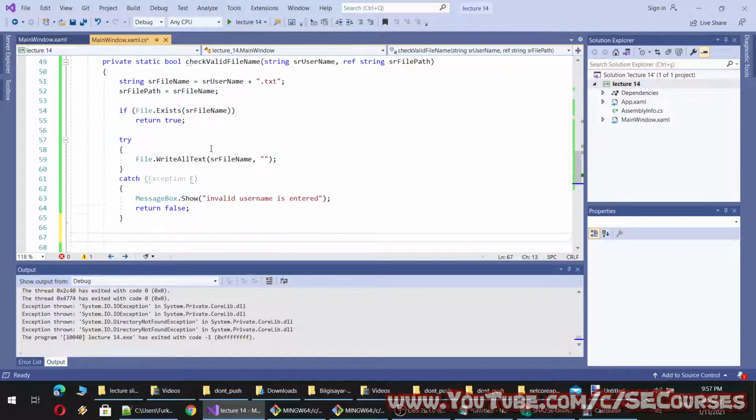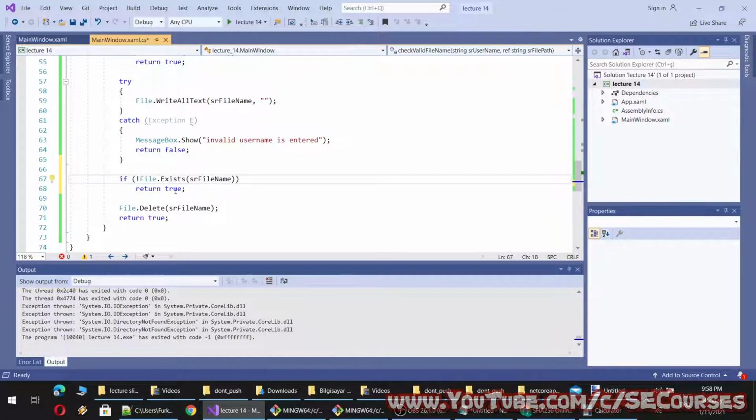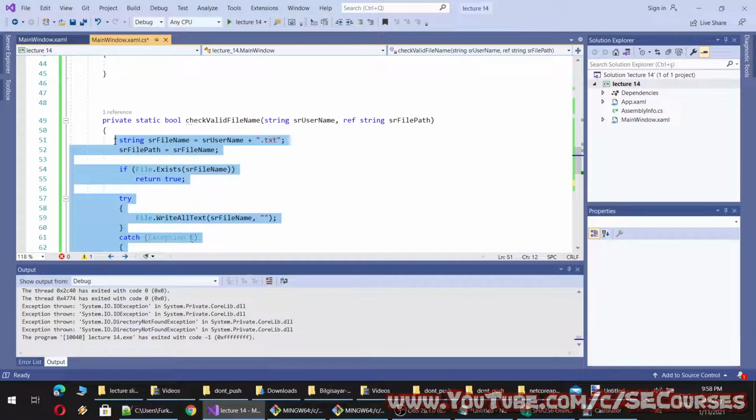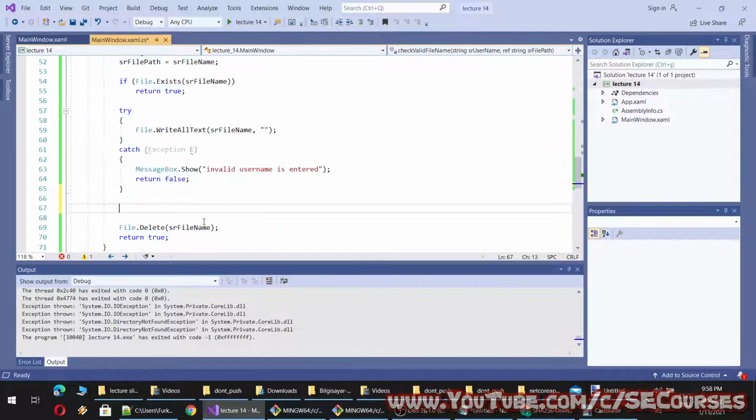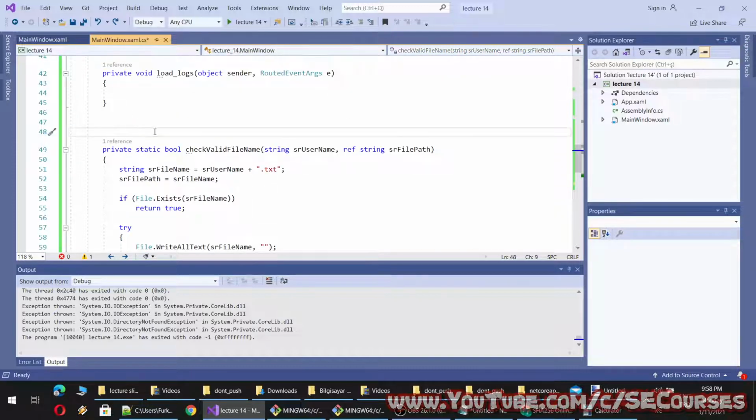So I need to make another check, and if it does not exist, okay, this is not an appropriate way anyway, so I will just mark this as not valid, not an appropriate way. Username.